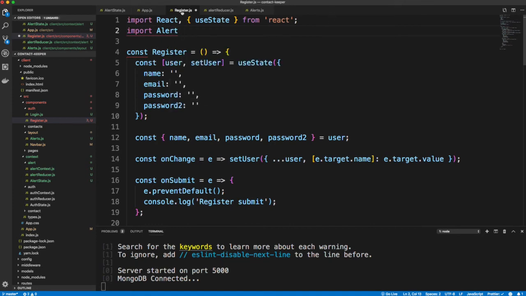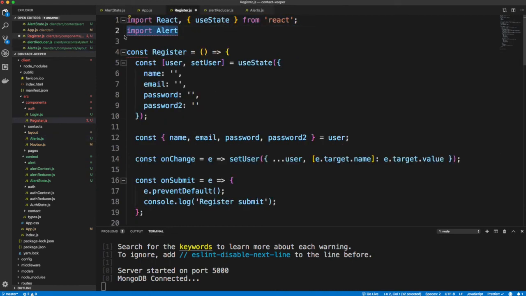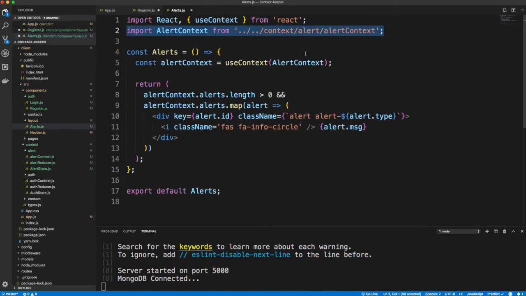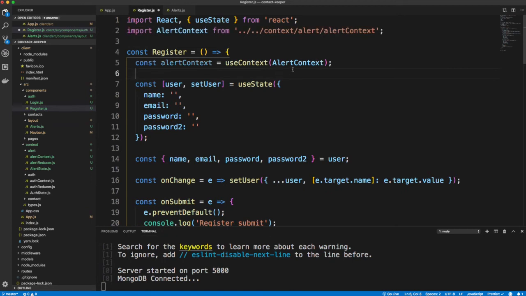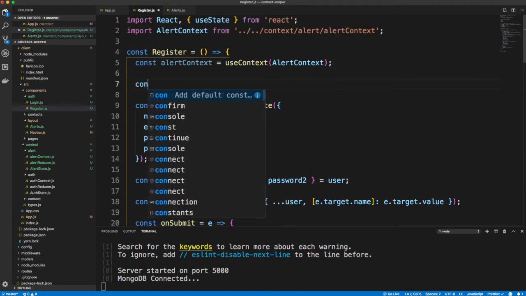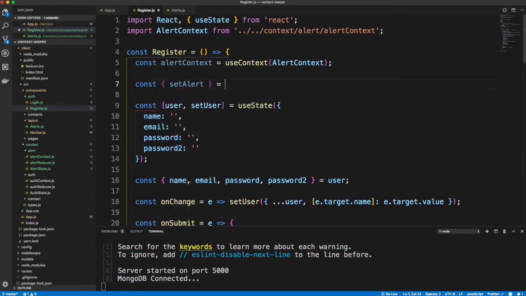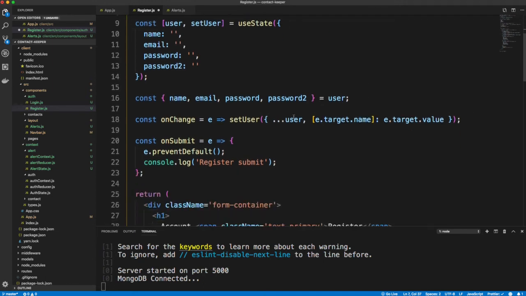And I know this is repetitive. You know what I'll do is just copy this from the alert component and paste that into register. We can close up the reducer and state and all that. And then we need to initialize it just like we did here in register. So we'll do that right here. All right, and then I'm going to pull out set alert from the context. So set alert from alert context,